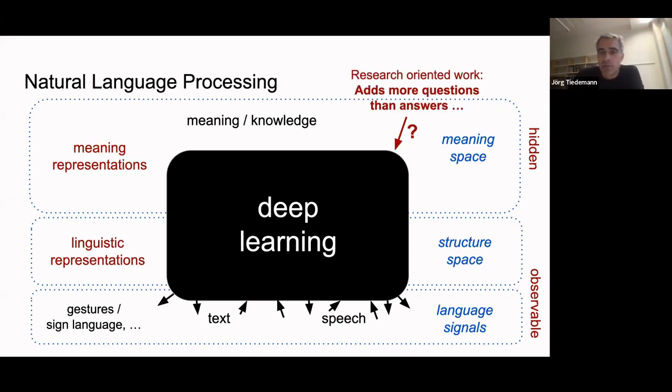But of course, as we are researchers, we try to ask questions, and then one amazing part is that you don't really understand how this is going on. Why does this work? How does it work? What is happening inside of that black box? And this is, of course, the whole community is working on understanding the black box, analyzing it, trying to see what is happening inside and what kind of architecture is supporting what kind of abstraction, and what is an abstraction anyway. So there's a lot of questions coming up with this approach,